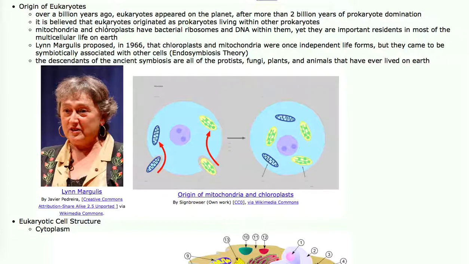So it's believed that more than 1 billion years ago, eukaryotes showed up because prokaryotes were eating prokaryotes, and some of the prokaryotes that got eaten didn't die, and they lived inside of them. What we now know is mitochondria and chloroplasts have ribosomes, which are protein factories, but they're not eukaryotic-style ribosomes, they're prokaryotic-style ribosomes. And so what I'm trying to tell you is that in a human body, there are trillions of cells. And in each cell, you have